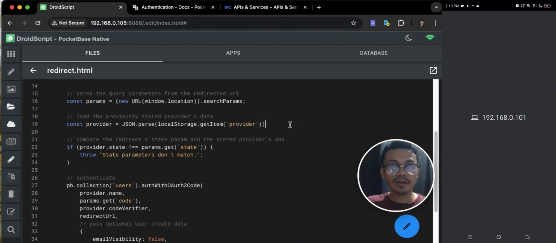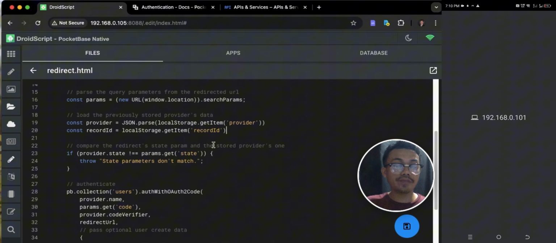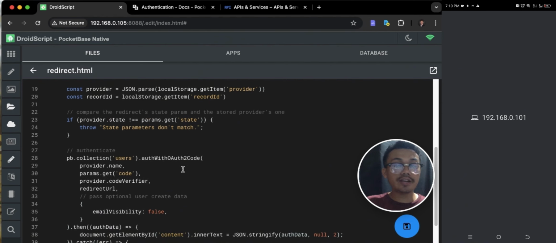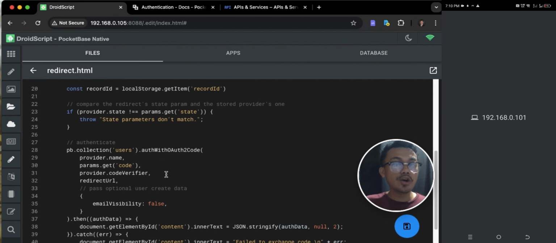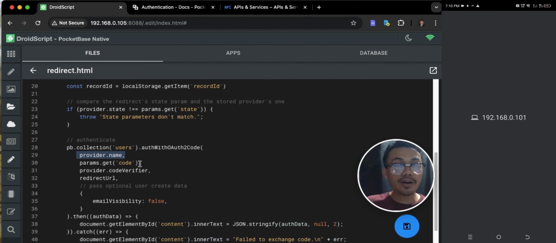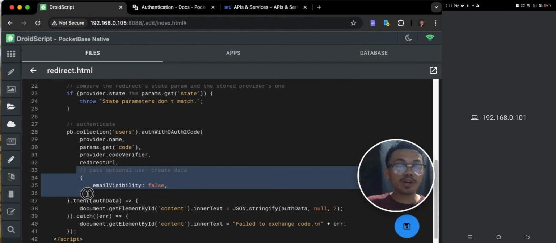So I'll just copy this one and record ID, const recordId. This is the record ID that we have saved in our login.html. And here, we will just authenticate a user after we receive a code from provider. We will authenticate the user in our users auth collection using this authWithOAuth2Code, passing our provider name, Google, and then passing our OAuth2 code, and then our code verifier, and passing also our redirect URL. This one right here is an optional object that we want to save in our users collection,